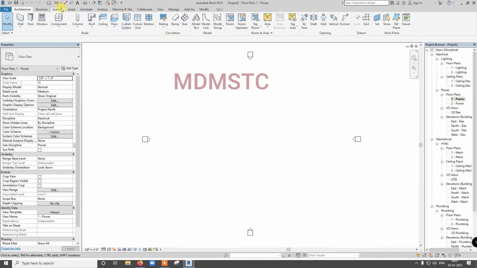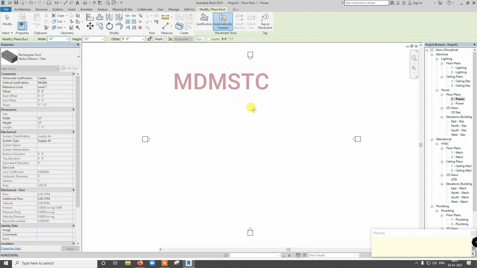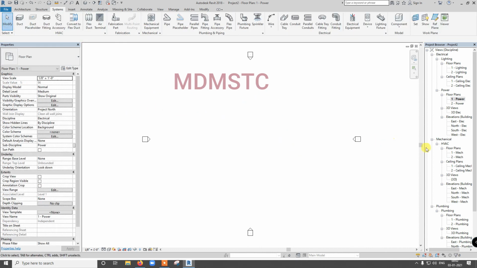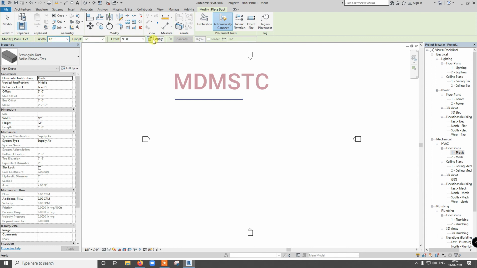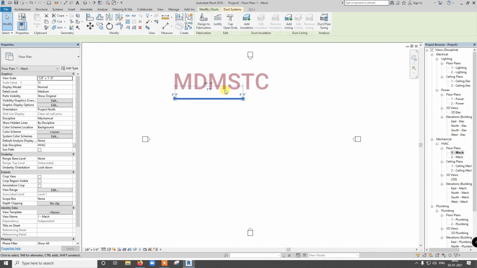Okay, here I cannot do ducting and everything. See, if I click duct, it will show a warning. I need to do some settings for that, otherwise it will be drawn but it will not be visible. So I need to change my settings. So for the work we are going to do, as per that you need to select your template and some other tools. This is called the options bar, and properties.